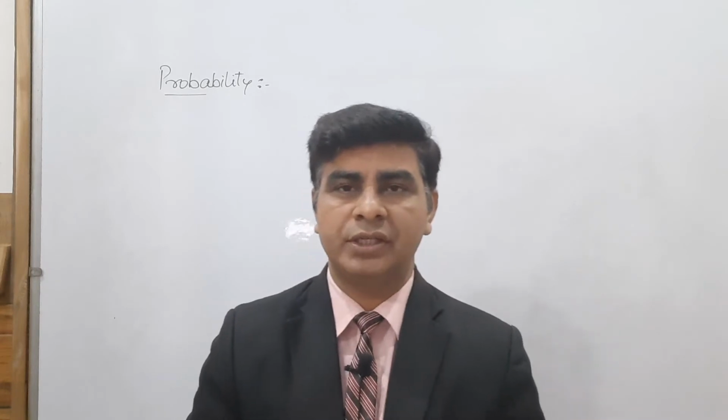We are doing the topic probability and we have completed 8 questions from your Exercise 13.1 in your last video. So we will continue with question number 9 in this video as well. So let's do question number 9. Question number 9 states that mother, father and son line up at random for a family picture.